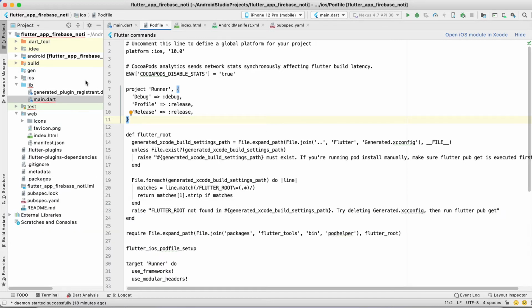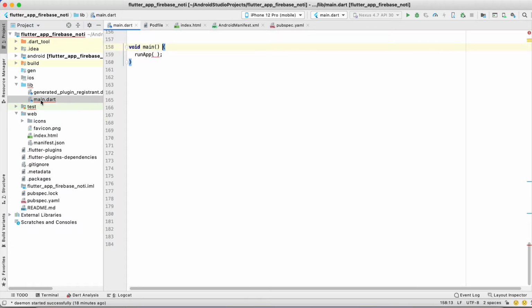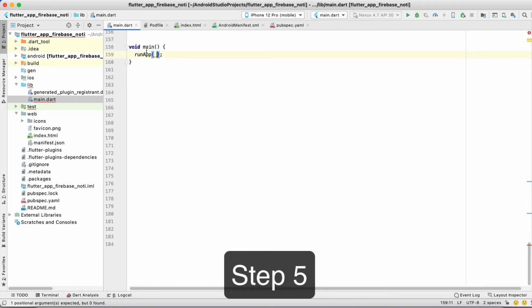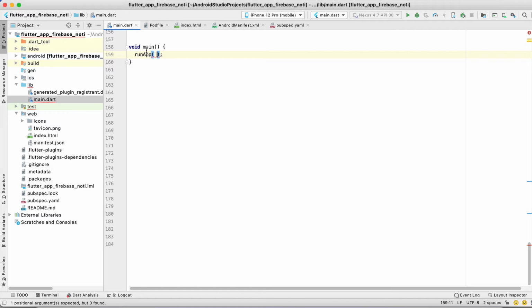Now inside the main file, main.dart, first we need to initialize the Firebase services. Whenever we use Firebase, we first initialize the service inside main. It is a Future type object, that's why we will use async, and this void becomes Future void.